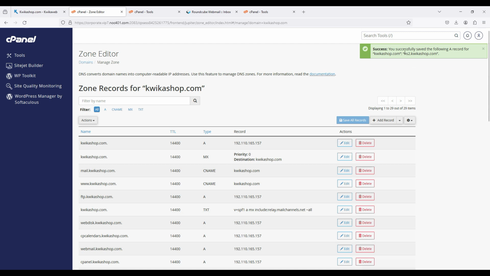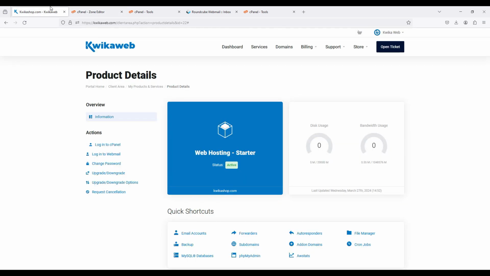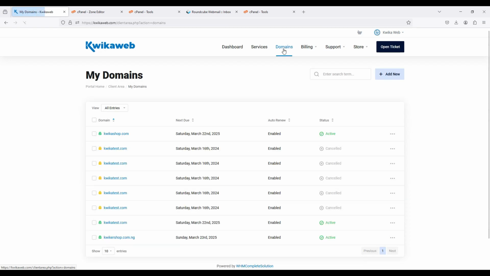It is very important you do this before updating your name servers, that's your private name servers. Because if you don't do this, then it is not going to recognize that private name server. So now that I have done this in my cPanel, I'll go back to my account dashboard, and then I'll click on domains, go back to kwikashop.com,